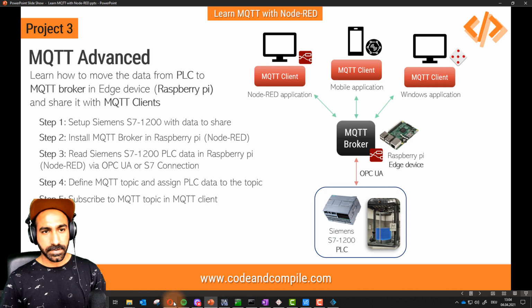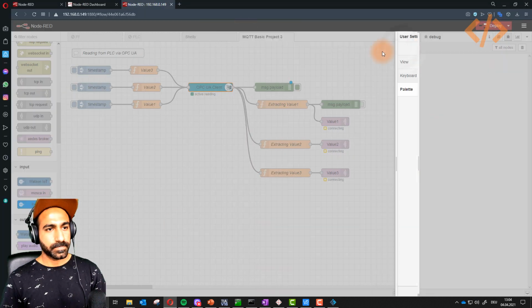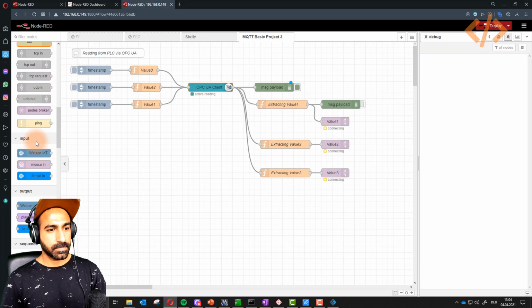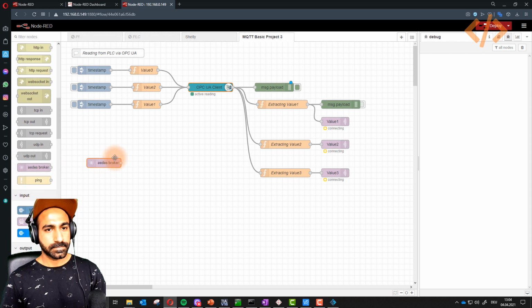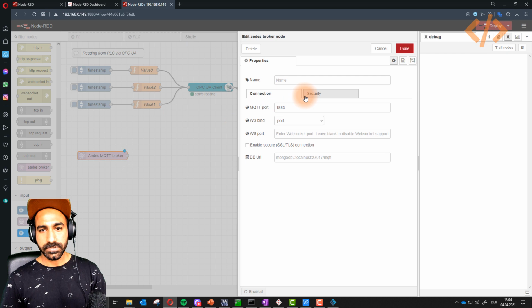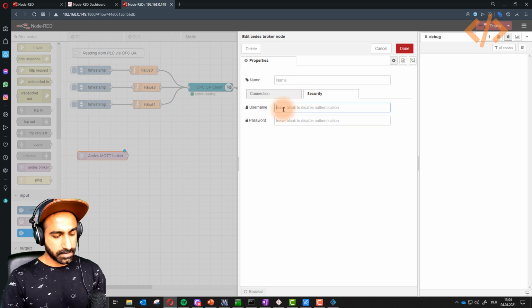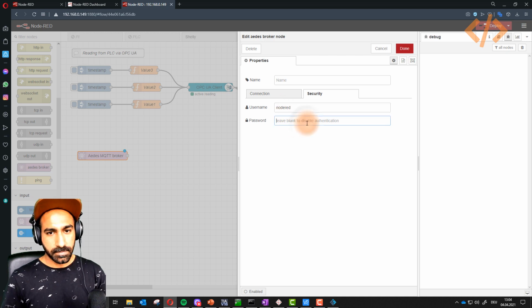Let's see how our Raspberry Pi is doing. Okay, the broker is installed. I have my broker here. Still looking for a connection. I will give it the connection very soon. So the port is 1883. No security. I can give security again. Node-RED is the username. Password is